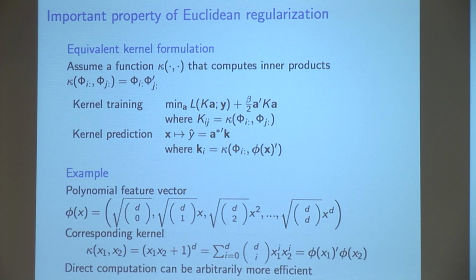But that's profound. So we could just replace all of these inner products between feature vectors with some compiled function, say kappa again, which just computes that inner product directly. Maybe I'll skip down to here. Having a function that can compute inner products directly, by the way, is a huge thing, even computationally.